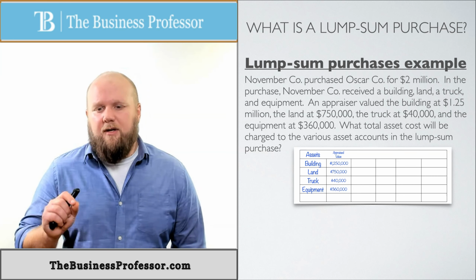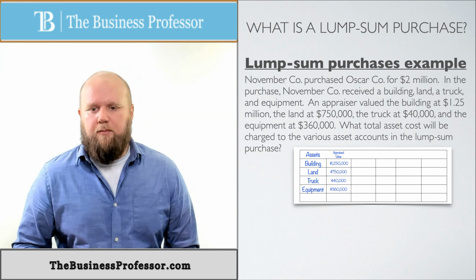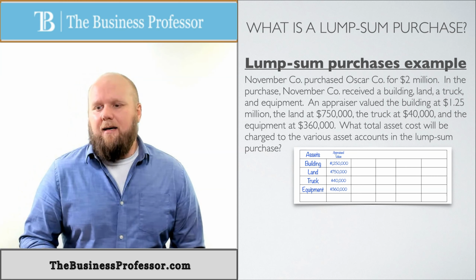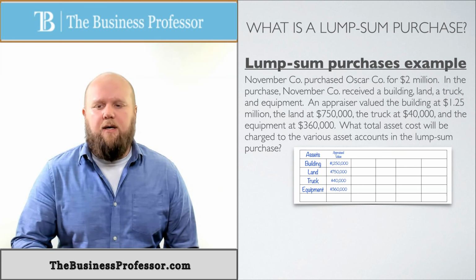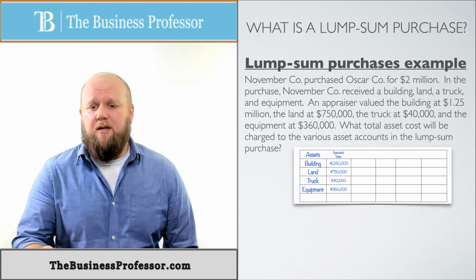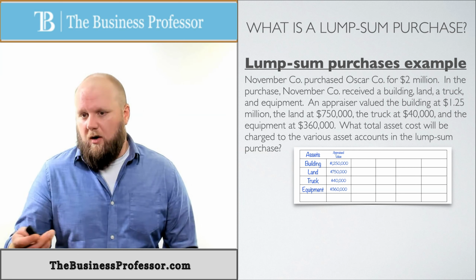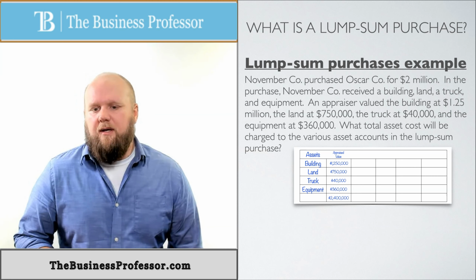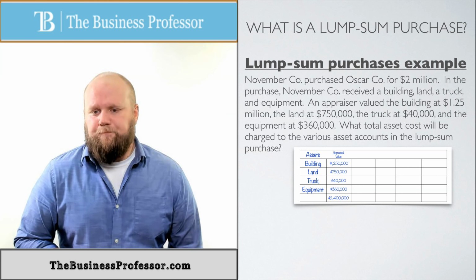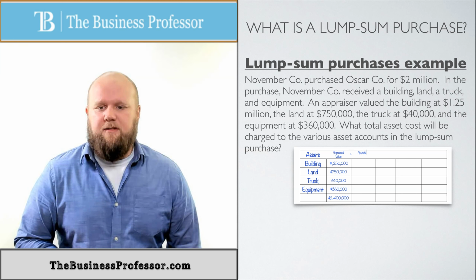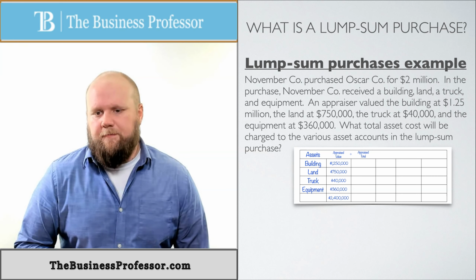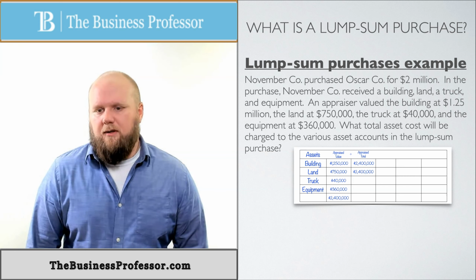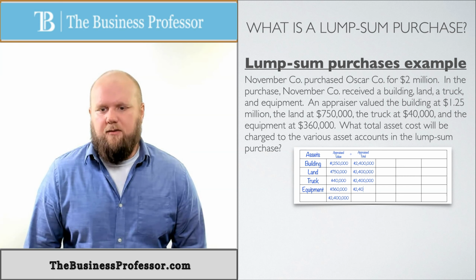What I'm going to do with that is divide each by the total amount of the appraised value. That's going to give me a proportion of the appraised value. If I add up the $1.25 million, the $750,000, the $40,000, and the $360,000, which is everything these were appraised for, that's going to give me 2.4 million. And that's what I'm going to divide each of these by, the appraised total. So divide by 2.4, 2.4, 2.4. I could have made this go a little bit quicker, but okay.